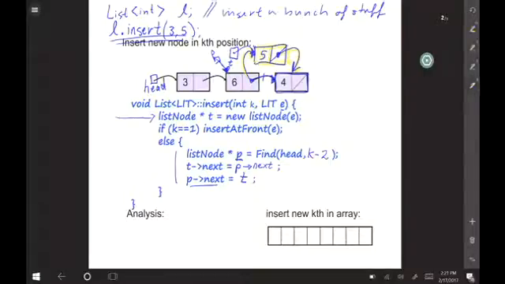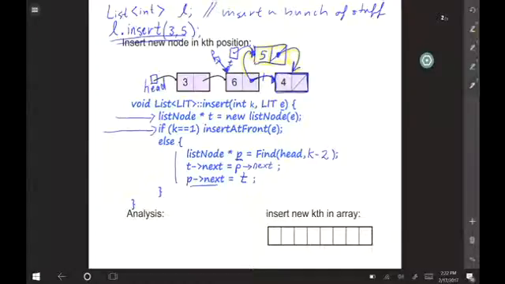All right, now let's talk about this special case for a second. Why do we need that special case? Because head is not a list node itself, that's true, but it points to one.